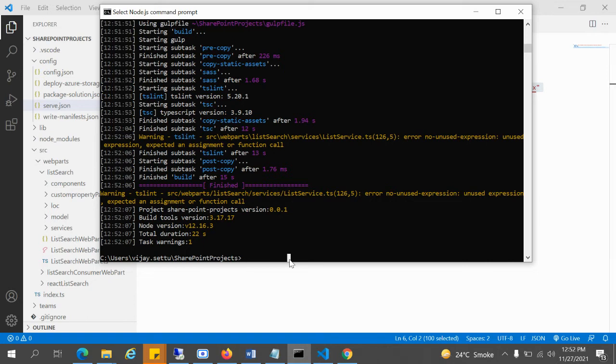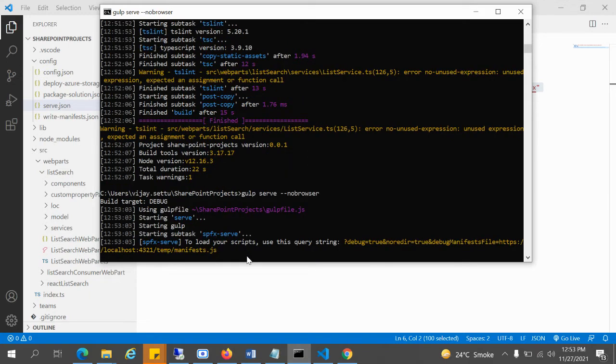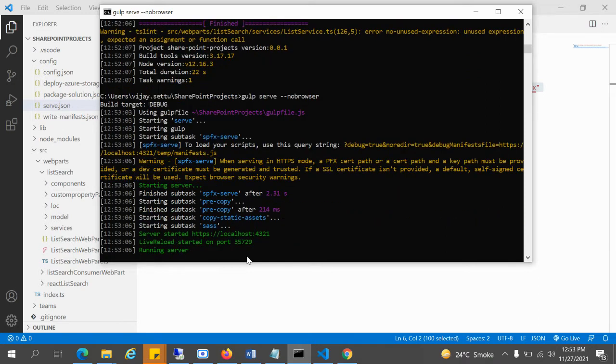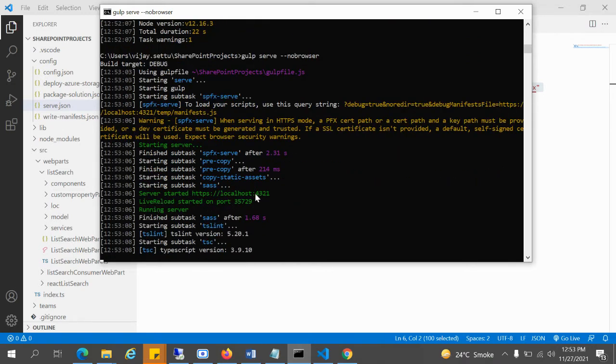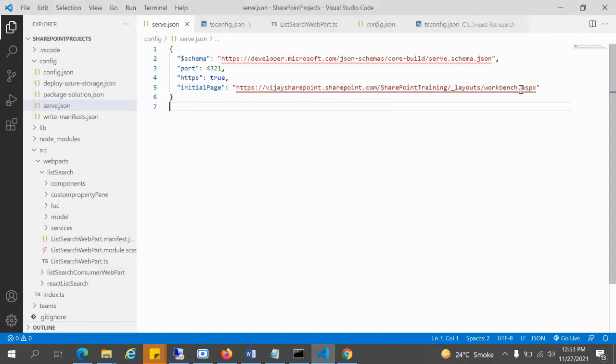I'm not going to use a browser directly. Instead of that, I'm going to use gulp serve with no browser. Once it is running, I will manually copy and paste. If you're not using no browser, it will automatically open in Chrome, but in Chrome I have different credential accounts which I am using, so it will give you a problem. So now it will start the local server on host port 4321. Also the live reload port will be 35729, which maps to the local workbench. What I'm going to do is just copy this